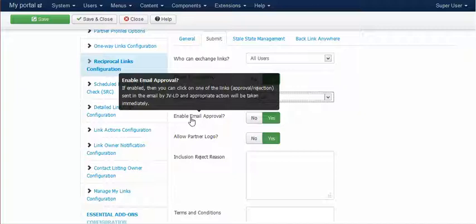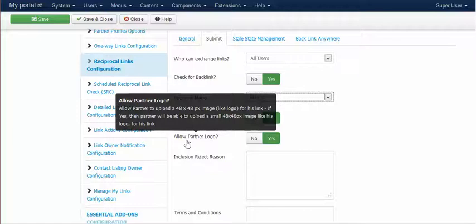Or you can go ahead and click one of those links to either approve the request or reject the request. The next option is allow partner logo. This is a very simple 48 by 48 pixel image, which your partner can actually upload along with the other details that he submits during the link exchange.